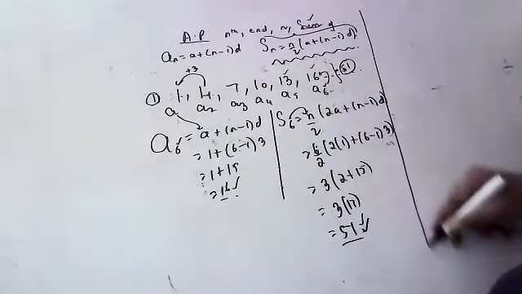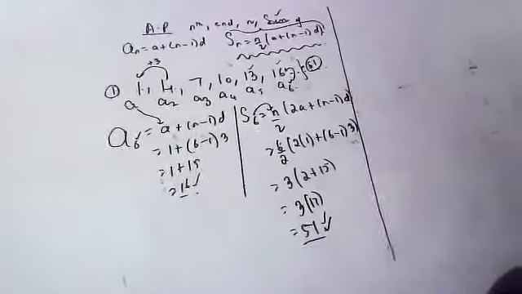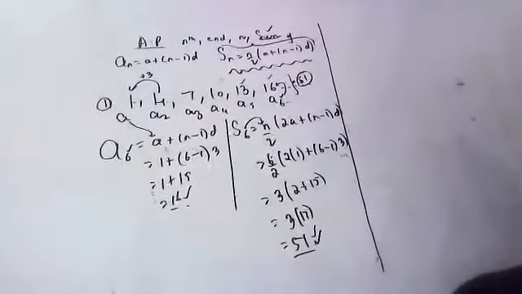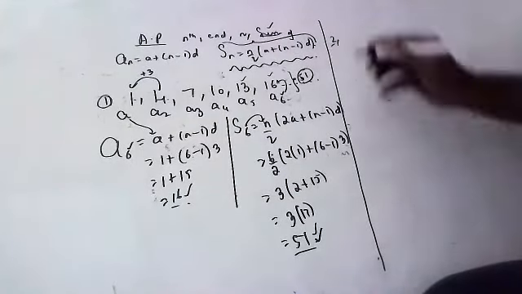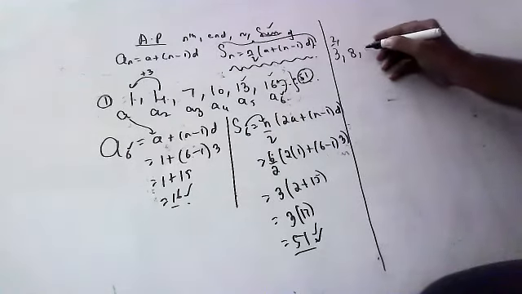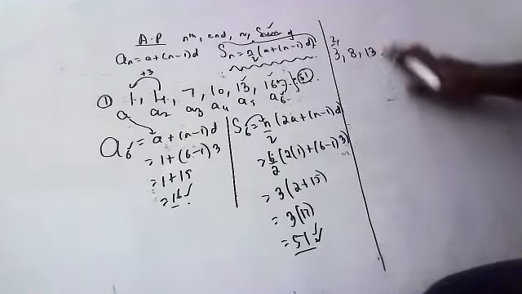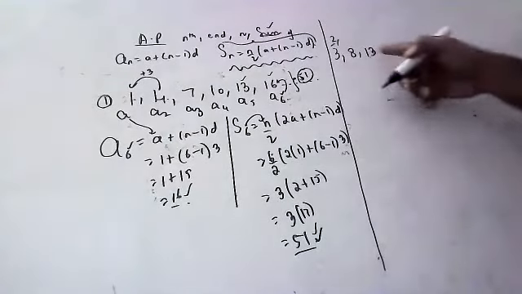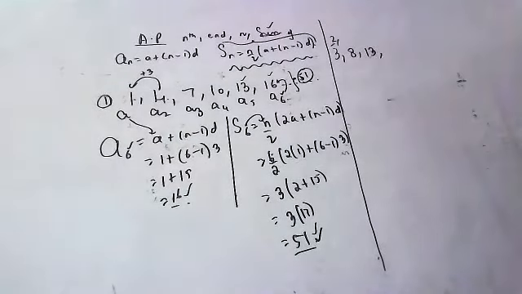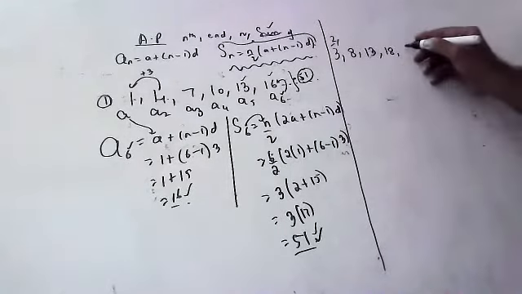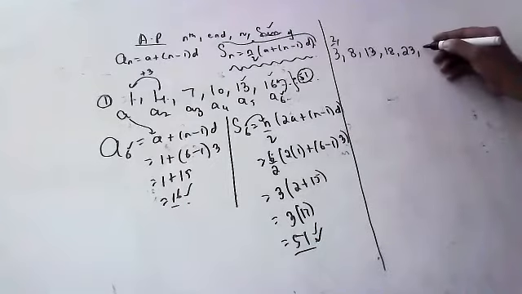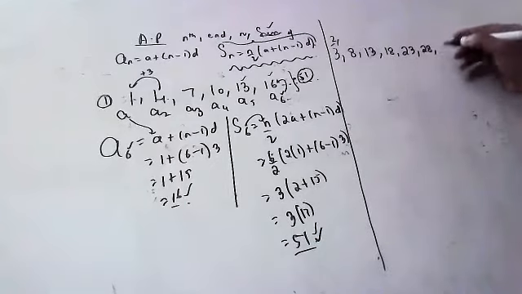Okay, those who did not understand, one more sum I will discuss, children. Please listen carefully. I am using easy terminology, children. Second one, one more sum I am teaching. Suppose, children, there is a sequence like this: 3, 8, 13, and so on. After 3, 8 is coming. After 8, 13 is coming. After 13, what will come? Can anyone say? 18. After 18, 23, after 23, 28, after 28, 33, and so on.